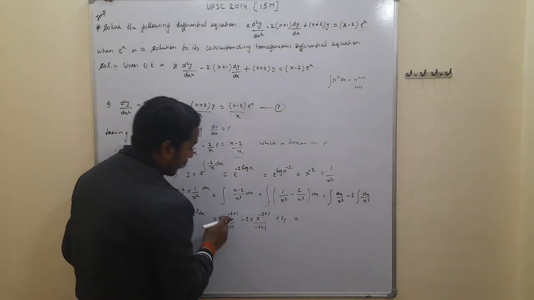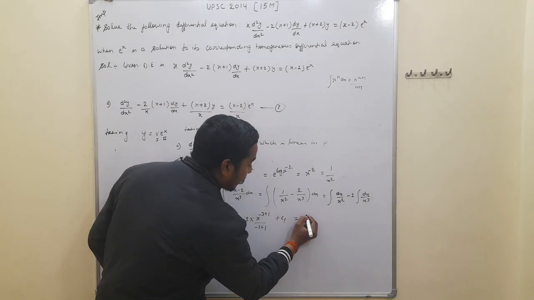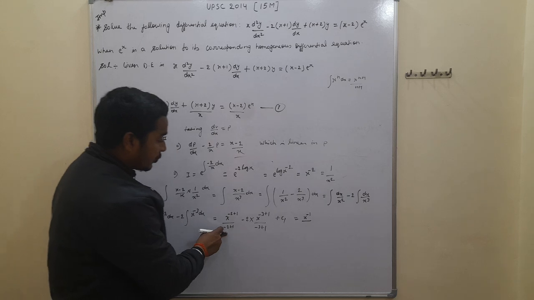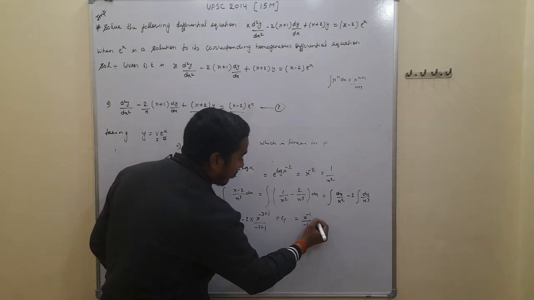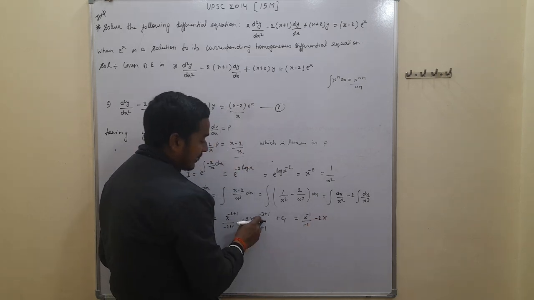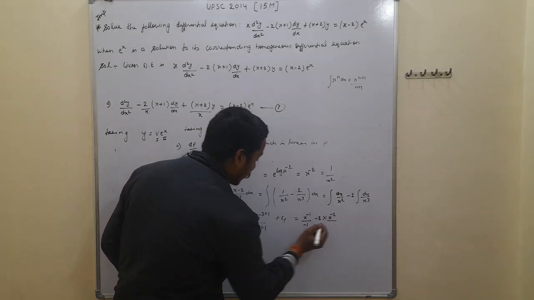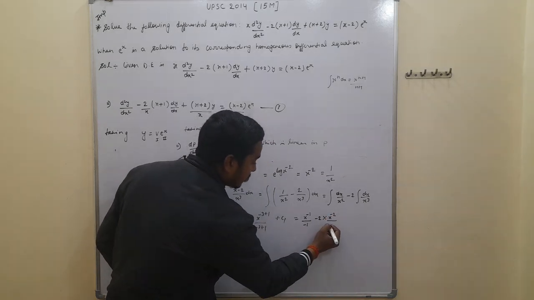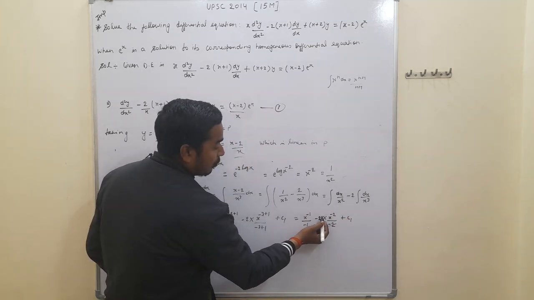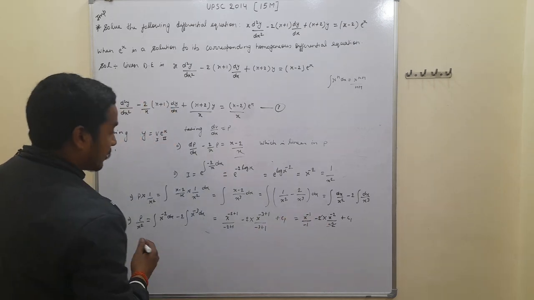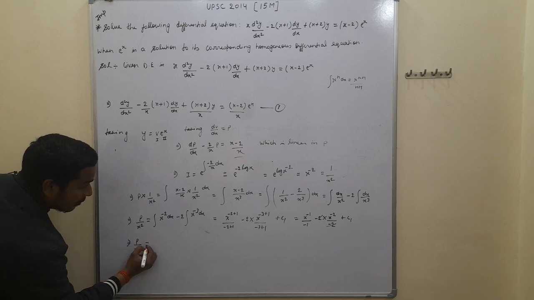This is written as x to the power minus 2 plus 1 is x to the power minus 1, upon minus 2 plus 1 which is minus 1. From here this is given by minus 2 into x to the power minus 3 plus 1, which is x to the power minus 2, upon minus 3 plus 1 which is minus 2, plus c1. From here 2 and 2 cancel out and minus minus is plus, so we write here p upon x square is equal to,